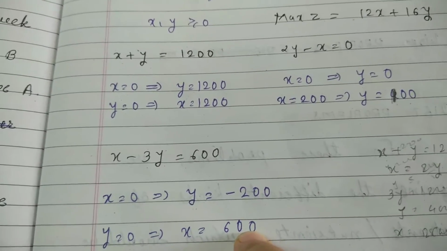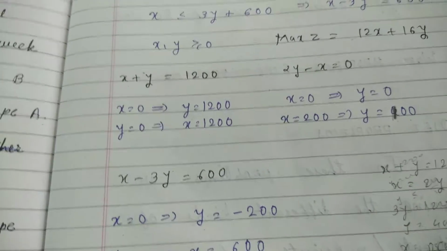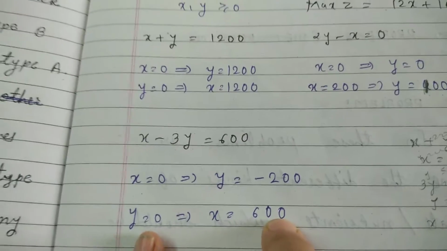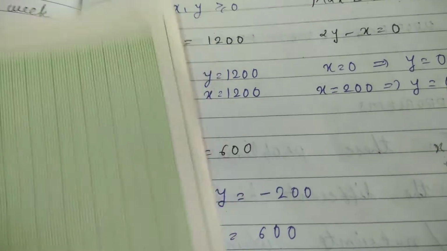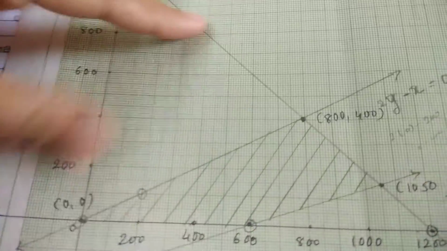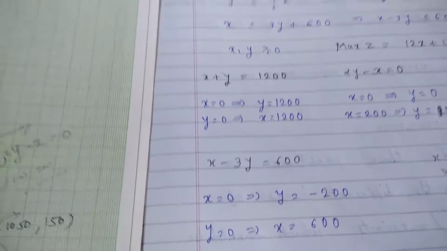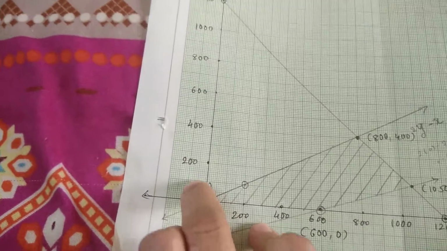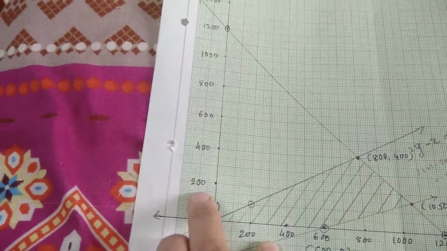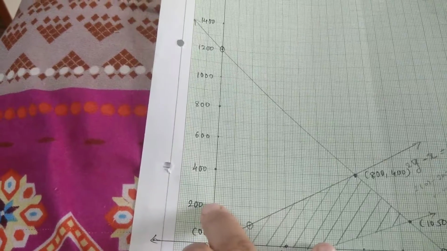This question also I could give to you for solving, but here the feasible region is easy, but we have to see this one. So I am not giving you this question as homework, we are solving it here only. The first line we have is x plus y is equal to 1200. That's why I have taken the gap of 100, 100, 100, 100, 200, 300, 400. But for easy showing, I have written 200, 400, 600, right?